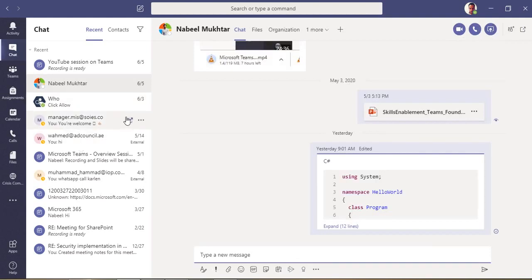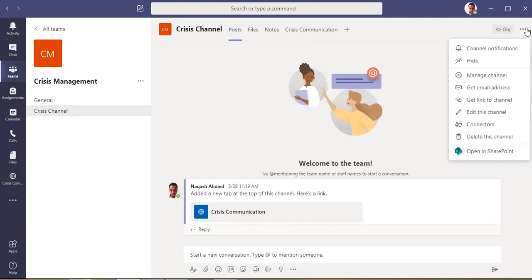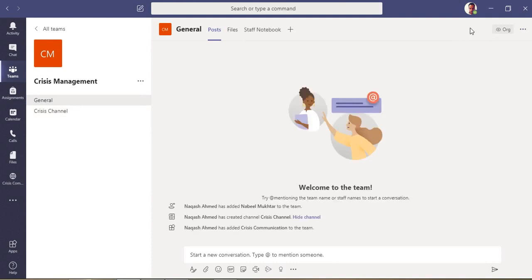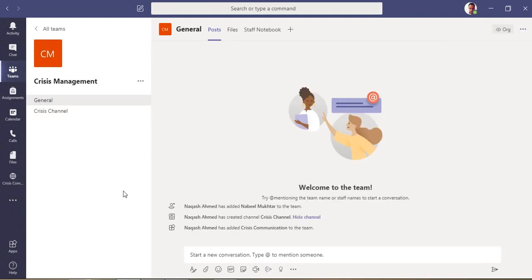There would be a button here called Meet Now, which would be used for setting up your meeting right away. I'm not sure why it is not appearing for me. Anyways, this is a button where in the channel you will see a Meet Now button, right in the top bar, right top.